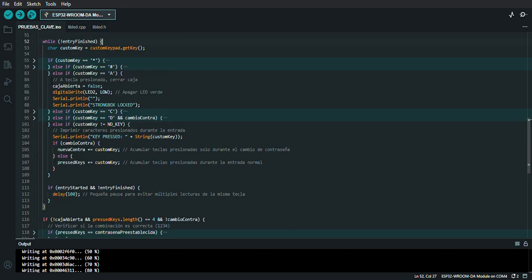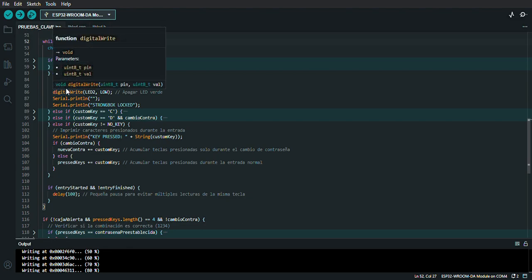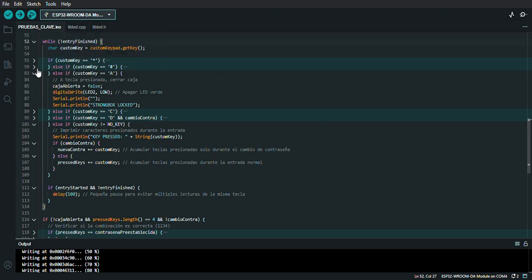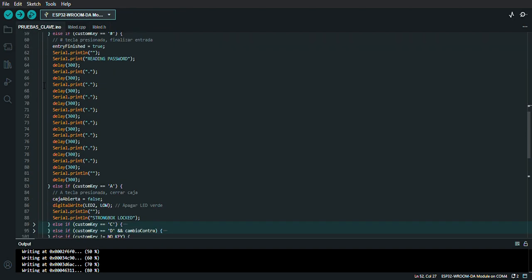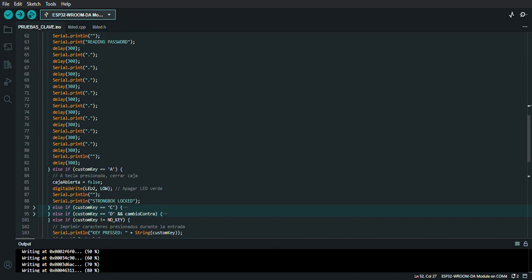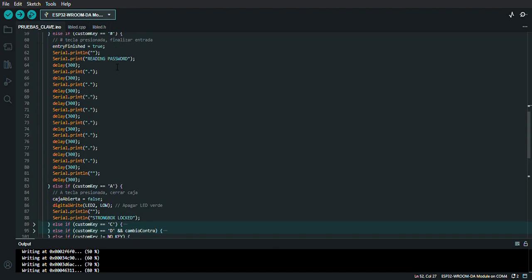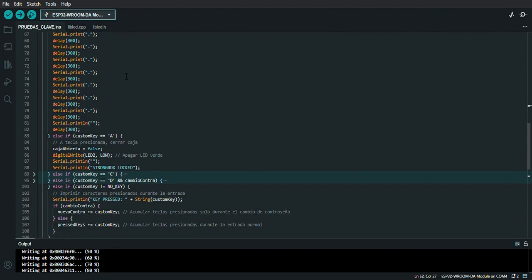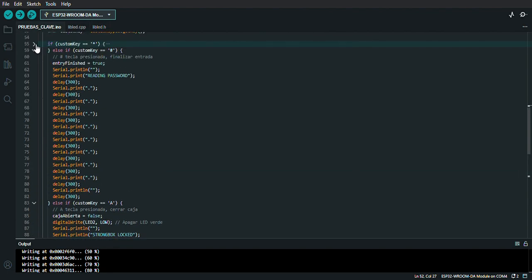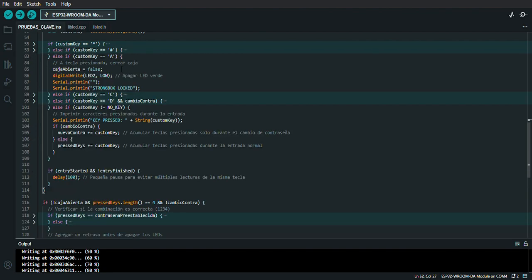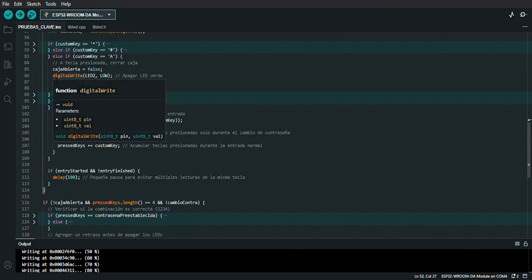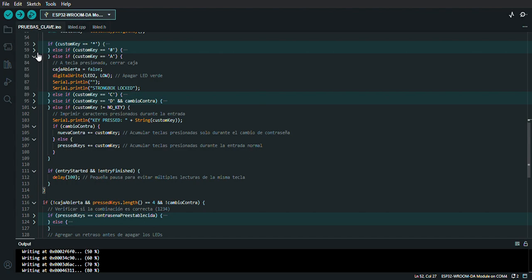Then if I press letter A, so when I press this one, if it is true, it will open the strongbox. And then if I press letter A, it will close the strongbox and turn off a green LED,